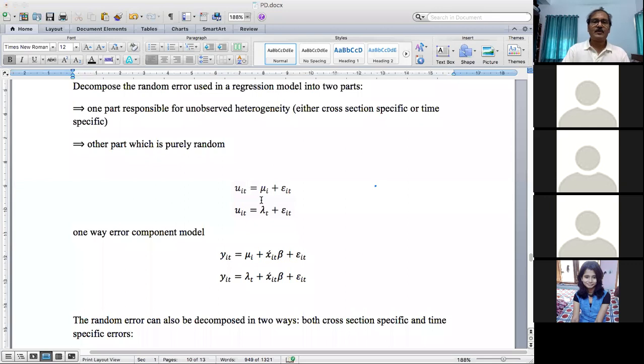Okay. So in this way, we can decompose the error either across the cross-section unit or by taking